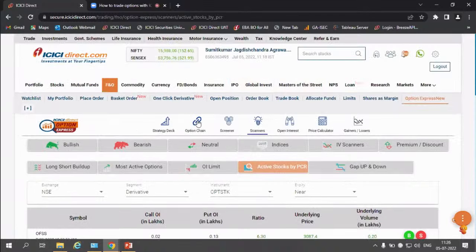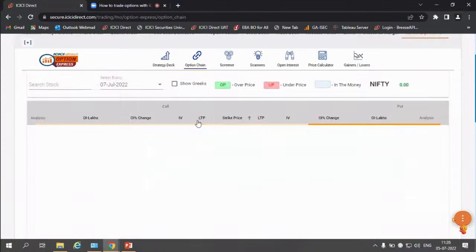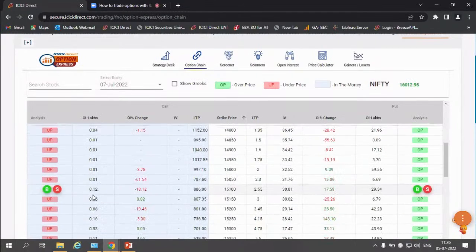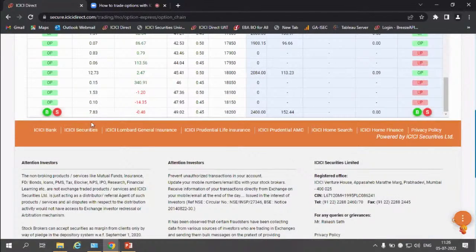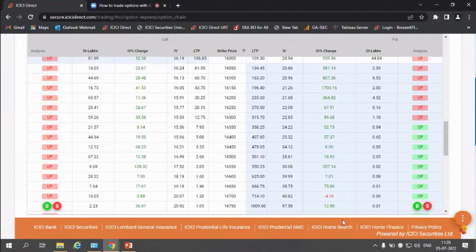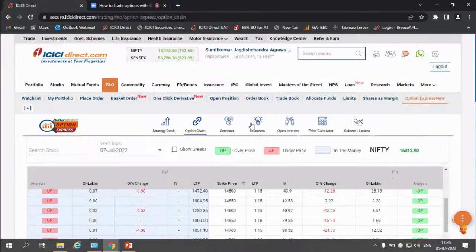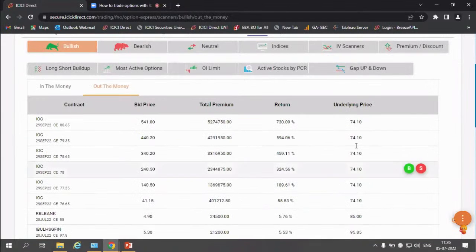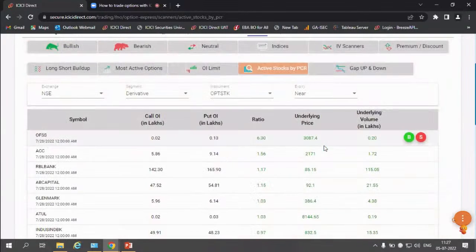Let me just click on the option chain. All you need to do is add all these open interest values right from top to bottom, take the ratio of put with respect to call, and then you will get that put to call ratio. In the scanners, you will get that information. And if the PCR is greater than 1, then